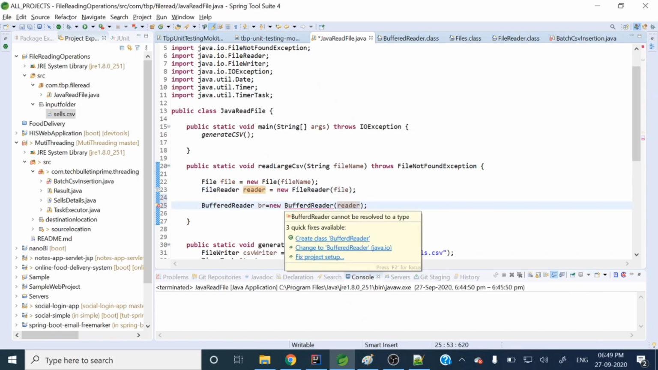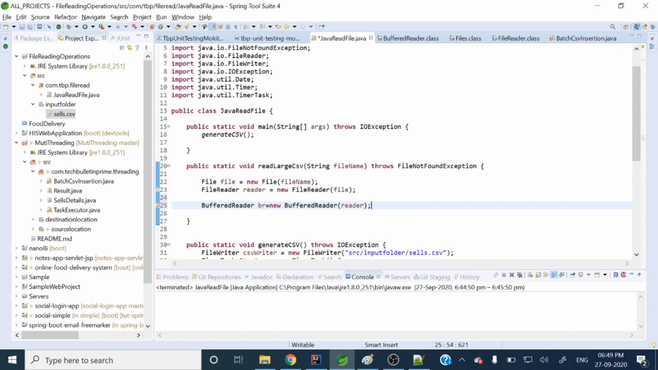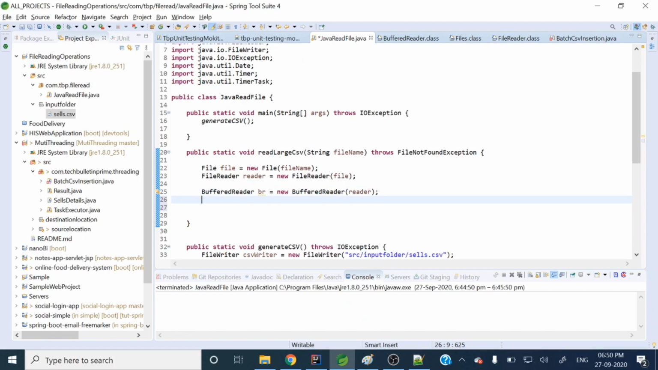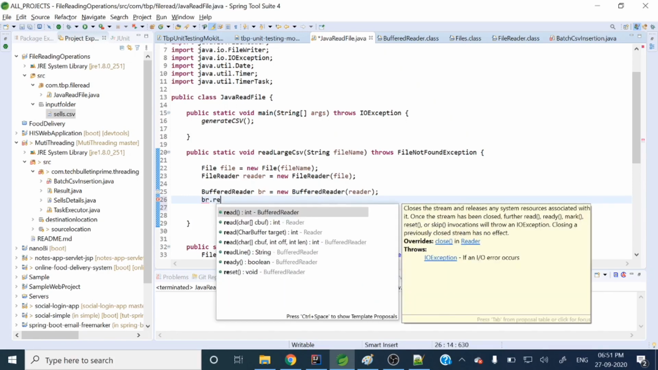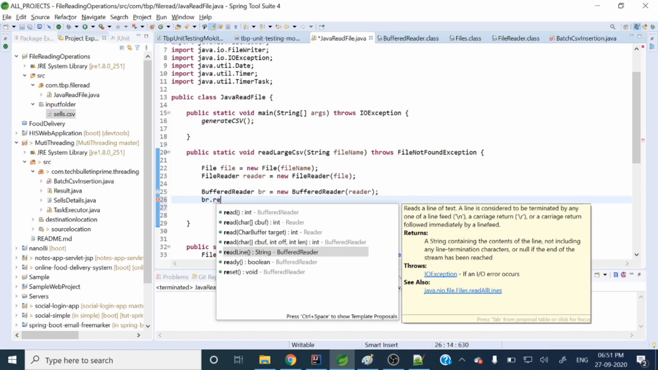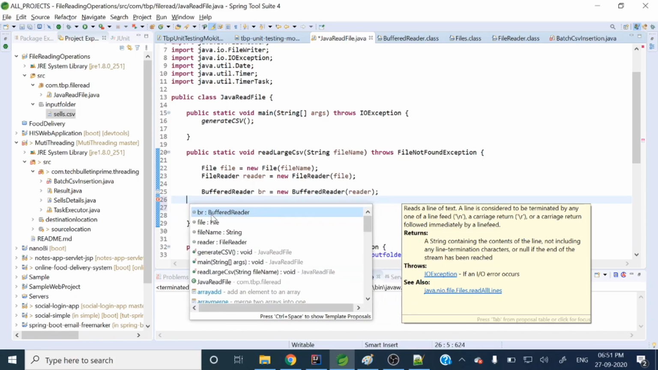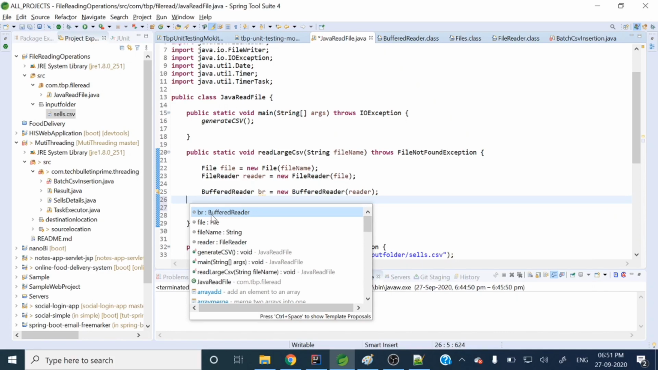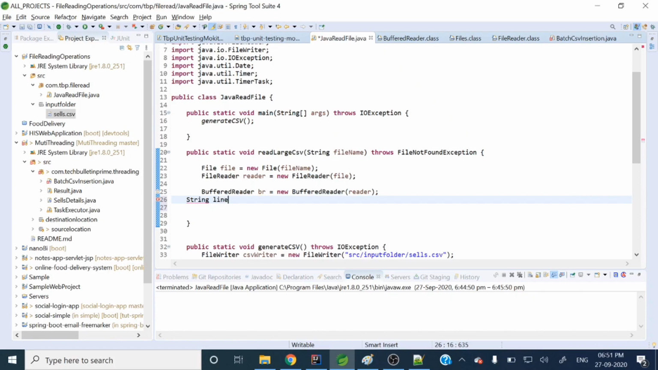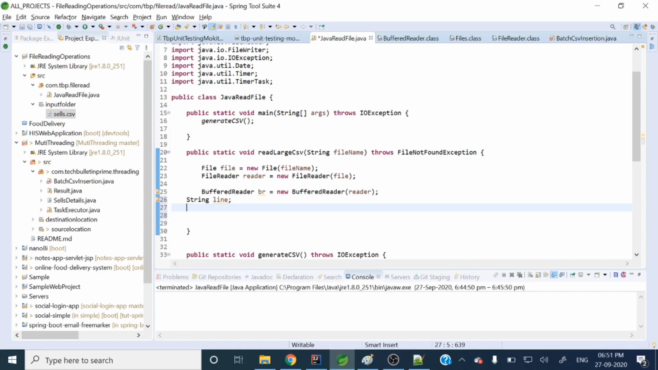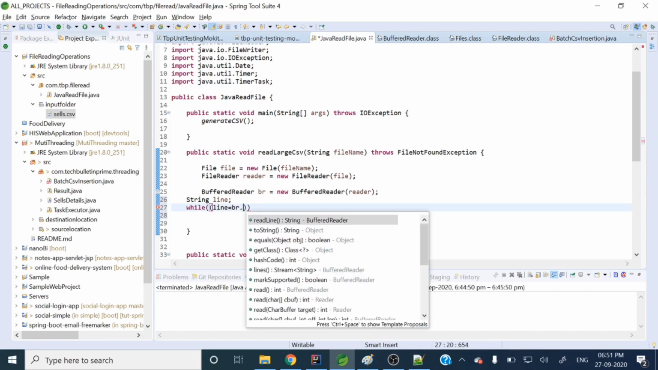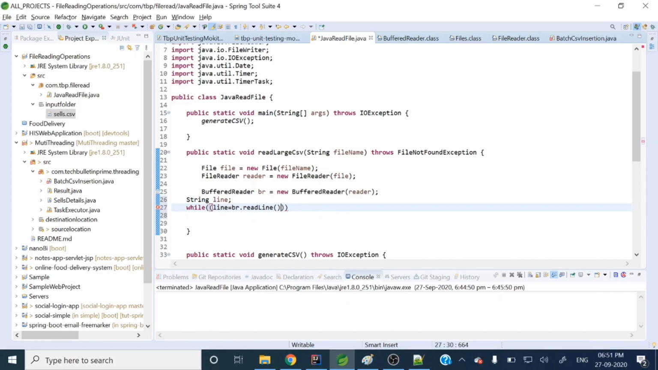Okay. I have already created that BufferedReader object. Now we will read that CSV file line by line from the BufferedReader. You will see br.readLine is one method there. One by one, lines will come from the BufferedReader. Let's write that logic as well. String line, right? Then while line equal to br.readLine not equal to